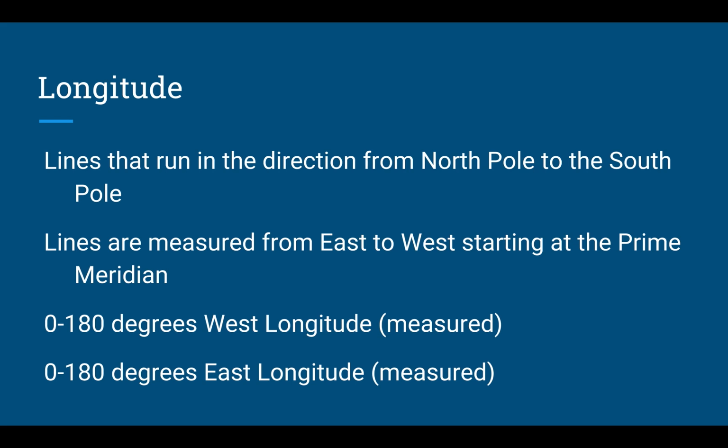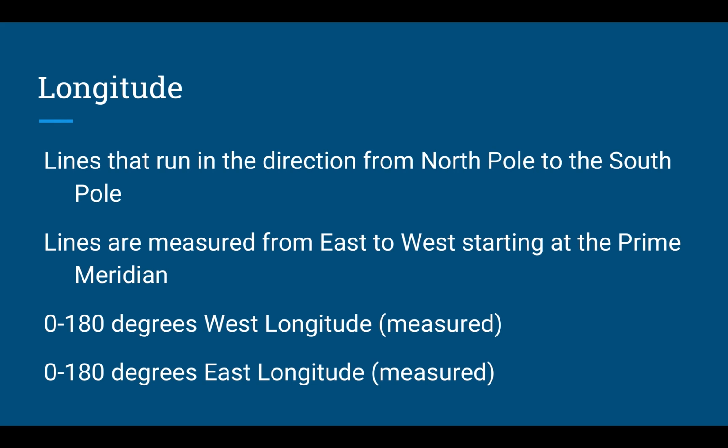So if I'm asking you the direction of those longitude lines, they're going up and down still, which means if something goes up, it's north. If something goes down, it's south. But if you're looking at those longitude lines and now you're looking at the prime meridian, and I ask you, how do you measure longitude lines? Those longitude lines are either to the right of the prime meridian, which means they're to the east, or they are to the left of the prime meridian, which means they are to the west. Okay, so it's very important.